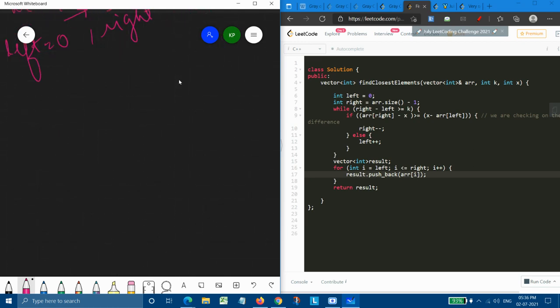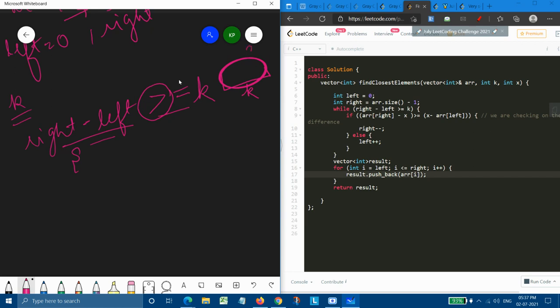As we are given a k size, what we need to do is simply maintain the right minus left difference, which should be greater than or equal to k. While it is greater than k, we keep processing, and if it becomes equal to k, then we will be left with the set of k elements, which will be our final answer, that is the elements which are closest to x.